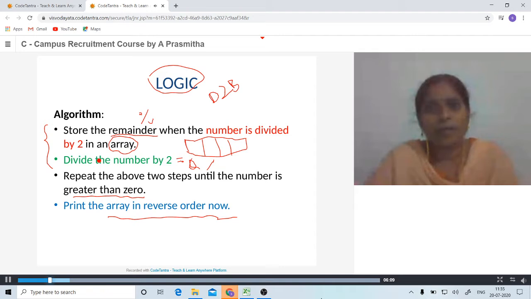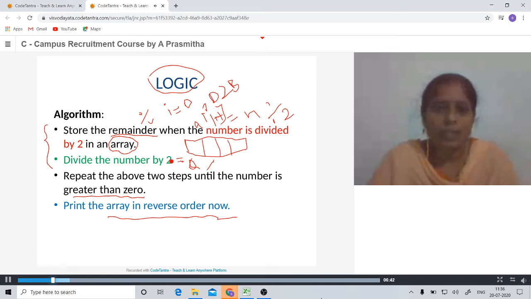So the basic logic of this program to convert a decimal number to binary is, first we divide the number using the modulo operator with 2. The number mod 2 is stored in an array. Array index always starts with 0, so we declare a variable i equals 0 and do i plus plus, which means every time you store a remainder, i will increment.